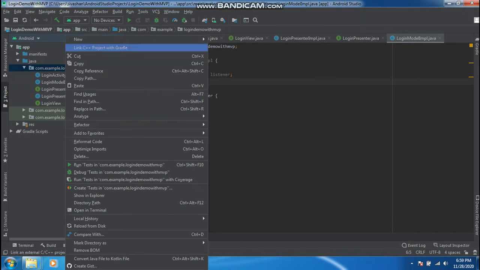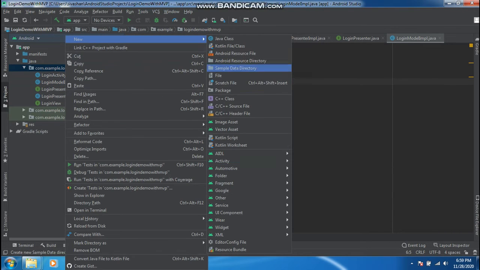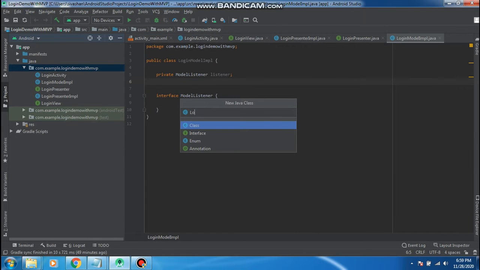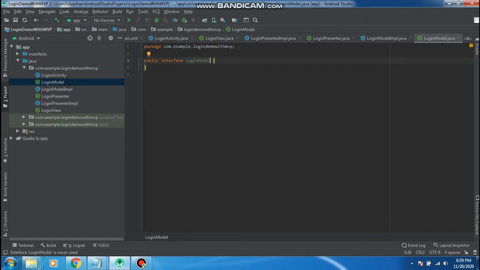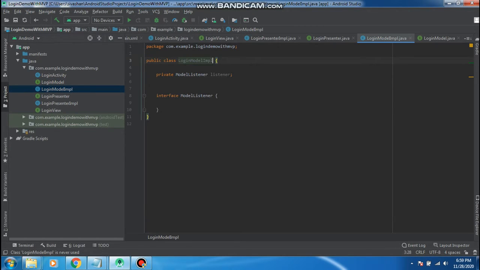Okay, and I create an interface for login model. I implement login model here, in the login model implementation.